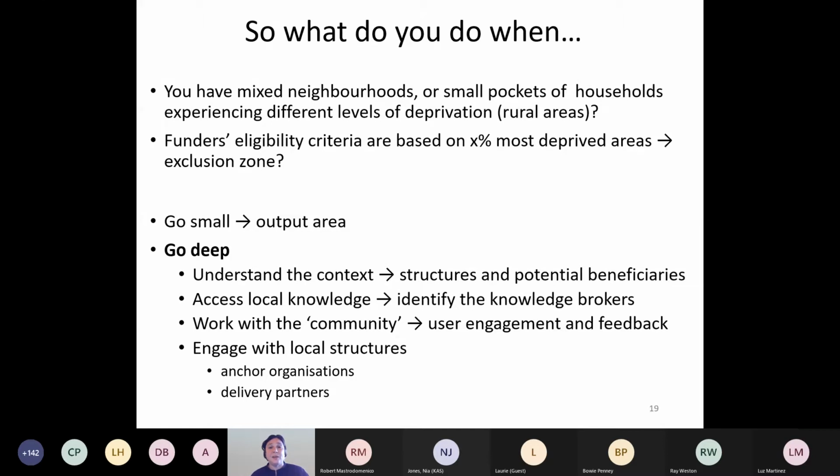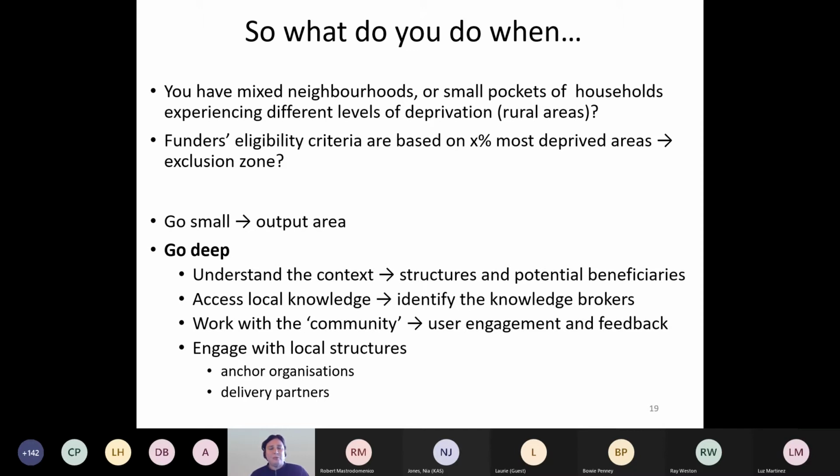Now, as I said, for some areas this is a big problem. Of rural areas in Scotland, there are very few that fall into that category. So that kind of approach is in effect creating an exclusion zone, which I do believe is probably not what it was intended to do. And we've had quite a lot of questions over the years about what you do about this. The main thing is, the funder obviously doesn't want to exclude people, but it's up to the organization making the funding bid to justify why their particular beneficiaries and their particular services would actually demonstrate, make the case.